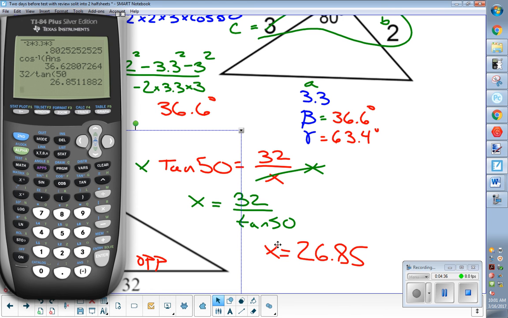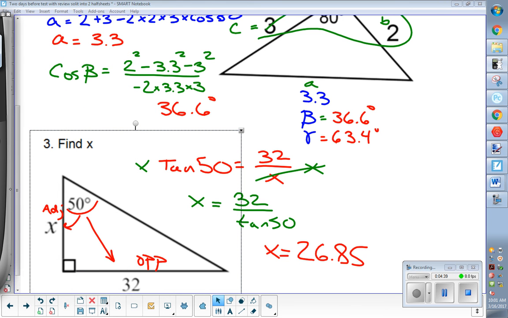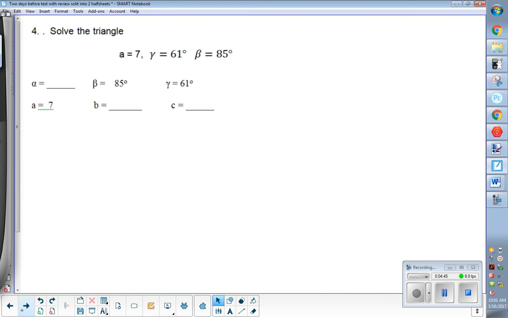And that's fine. I'm going to always tell you to do SohCahToa. Technically, you could do law of sines because you had a power couple. Questions on that one? Last one is number 4. I didn't get to the one that I wanted to. I wanted to do an ambiguous case. Okay, that's not on here. I will